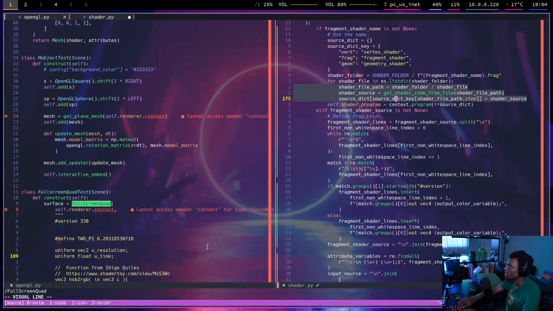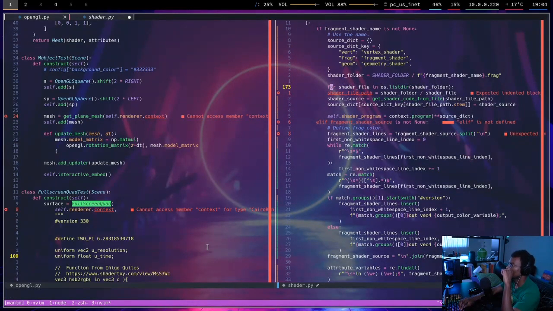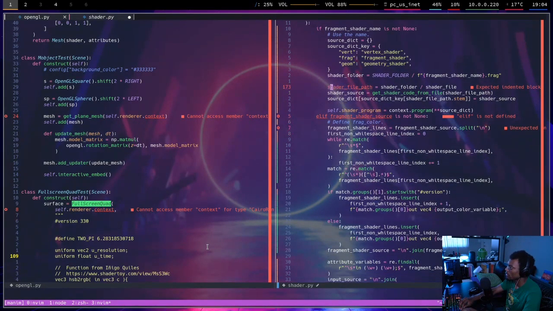So it should just be like... It's not a for loop, it's just the one. So shader file path is shader